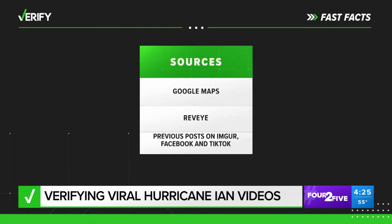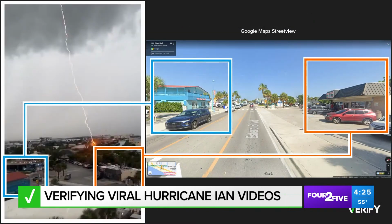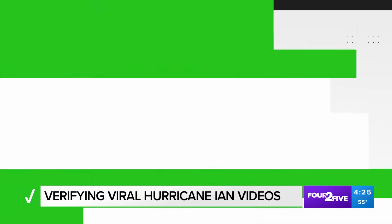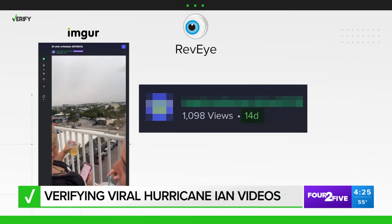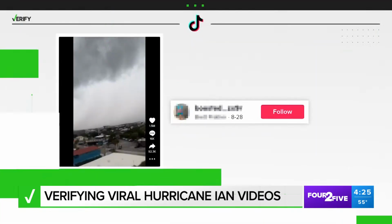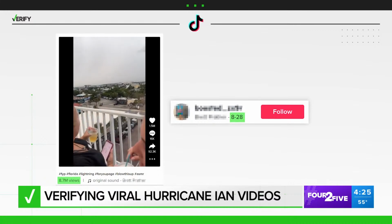These are our sources. Using Google Maps, we were able to find exactly where this video was taken in Fort Myers, Florida, which is near where Hurricane Ian made landfall. But it's an old video. Verify used reverse image search tool Revi, and we found it was posted to video sharing platform Imager 2 weeks ago. A slightly longer version of this video was posted to TikTok in late August, where it has 8 million